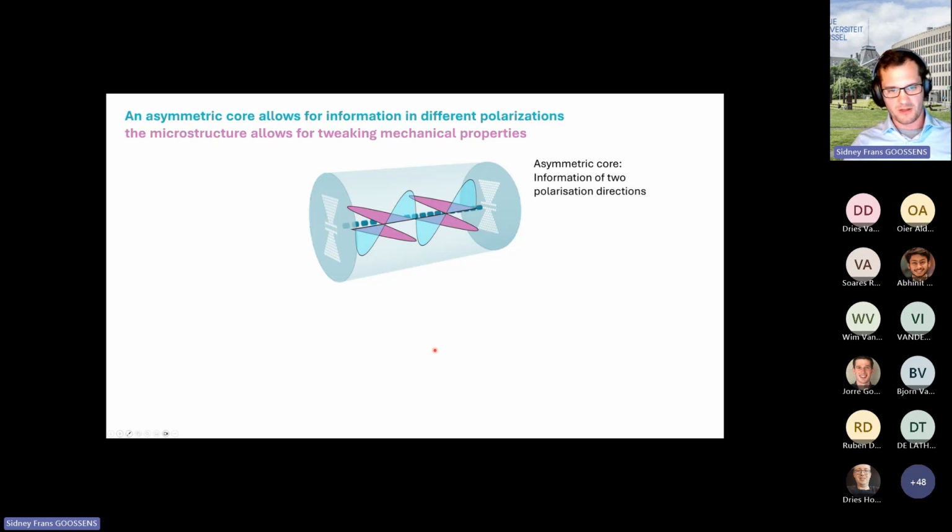So that's the optical advantage of these designs. What is now the mechanical advantage? Well, we can design the mechanical properties of these microstructures. For example, for this fiber, we have no air holes in this direction, or almost none, which means that if